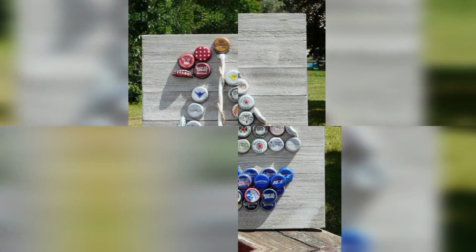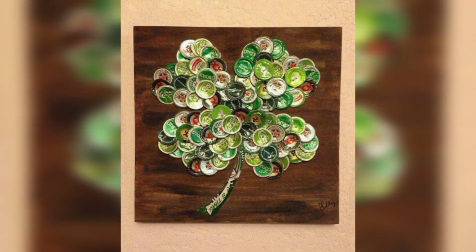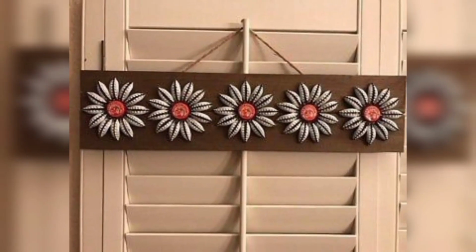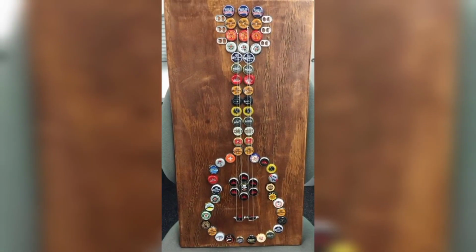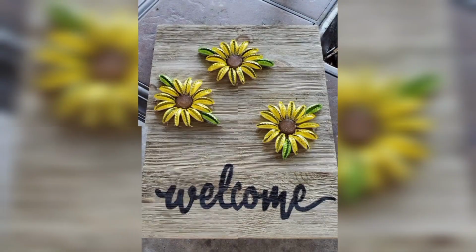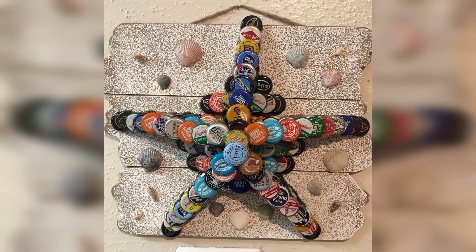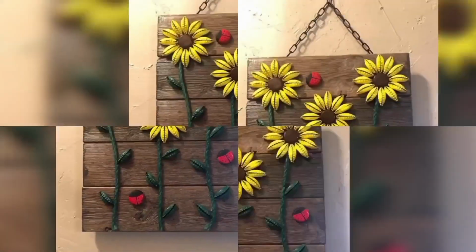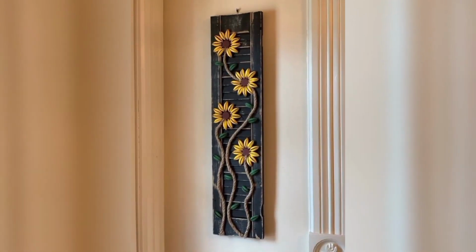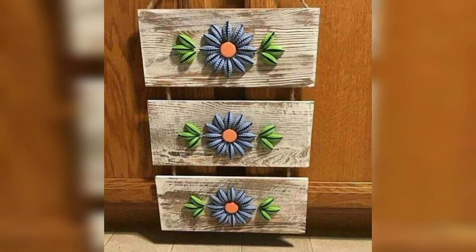And the third one is bottle cap picture frame. Transform a plain picture frame into a unique and eye-catching piece of decor by gluing bottle caps around the edge. To create a bottle cap picture frame, you will need a picture frame, a hot glue gun, and a collection of bottle caps. Start by arranging the bottle caps around the edge of the frame in a design that you like. Once you arrange the caps, use the hot glue gun to